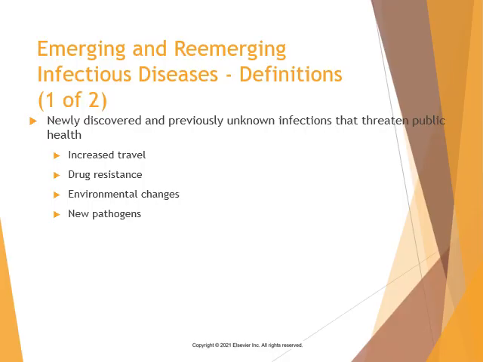Well, I don't need to say we've lived through a year and a half of COVID-19, which was not on the horizon 3 years ago. And part of the reemergence or emergence of these is due to increased travel. We are a much more mobile society, and it is much easier to transmit infectious diseases across continents, across the world. Whereas many years ago, before airline travel, you could more or less keep these infections confined to the country of origin or the area of origin.